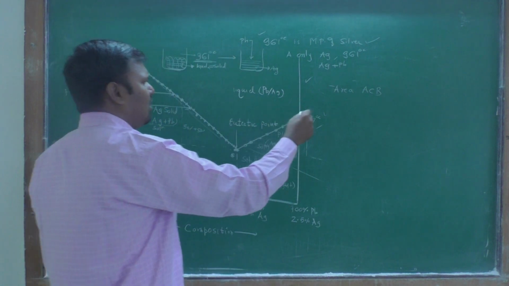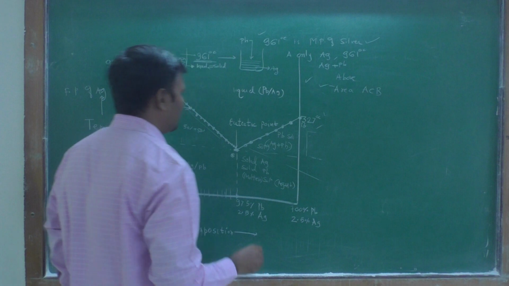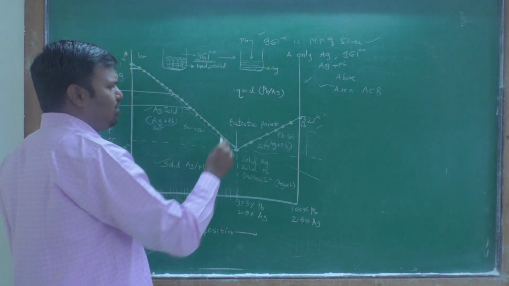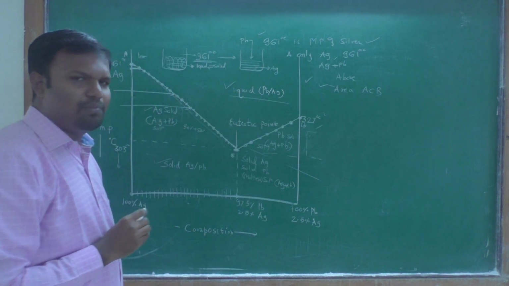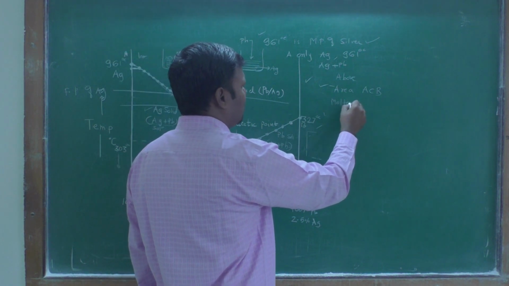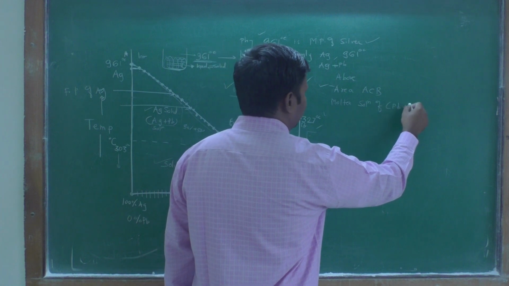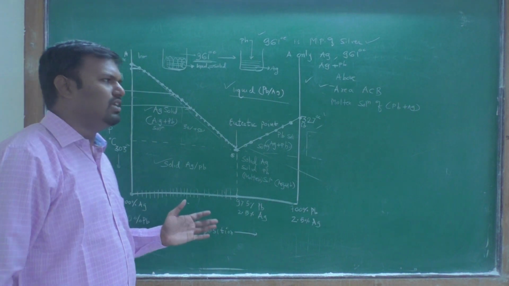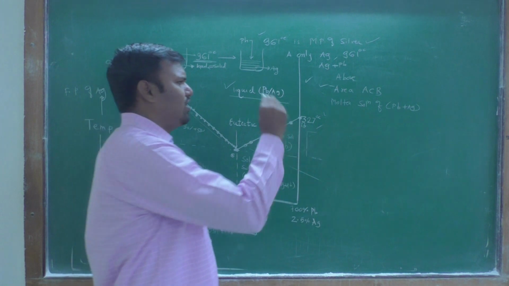Okay, above ACB, you remember that, above ACB, you have only miscible liquids. Pb and Ag are the molten solution. Okay, molten solution of Pb and Ag. Okay, above this region you can find there is molten Pb and Ag mixed thoroughly, and therefore at this